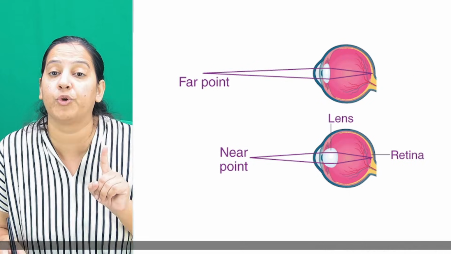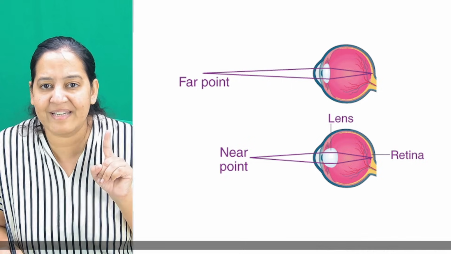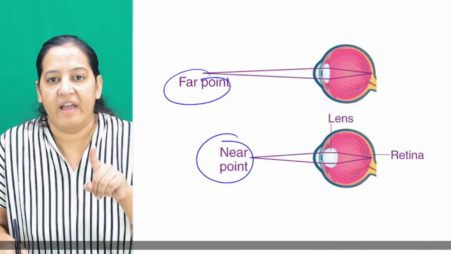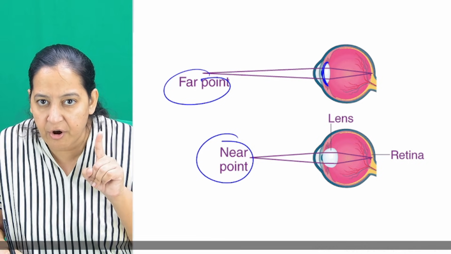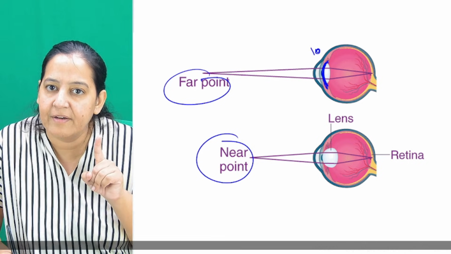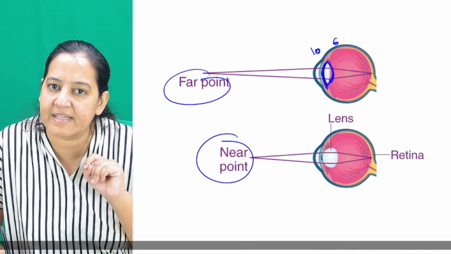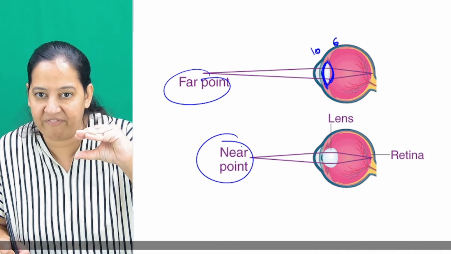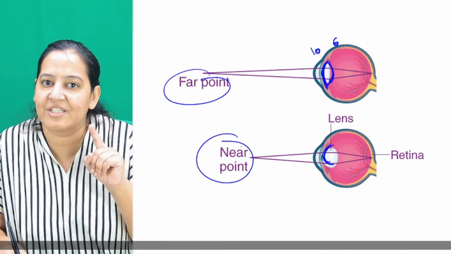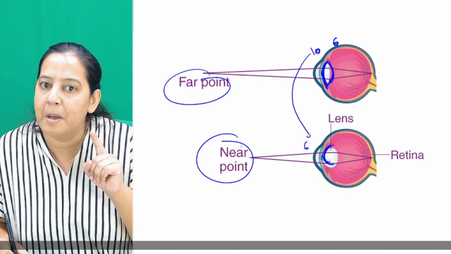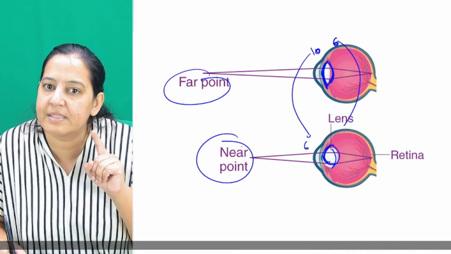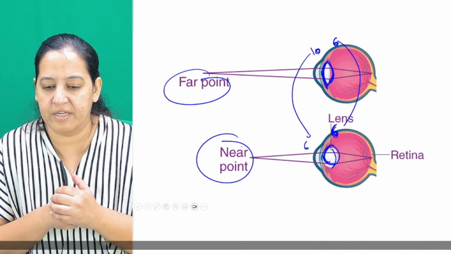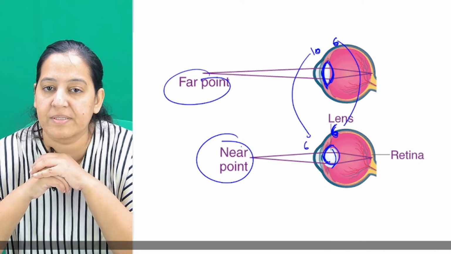This is what I want to show you here. People, please understand. This is far vision and this is near vision. At far vision, the radius of curvature of the anterior surface is 10 and the posterior surface is 6 millimeter. During near vision, the lens becomes convex, so the anterior surface shifts from 10 to 6. The posterior is still 6. This is what I want to explain. How many of you got it? Give me a thumbs up if you got it. I'm taking efforts to explain, people, show some interest.